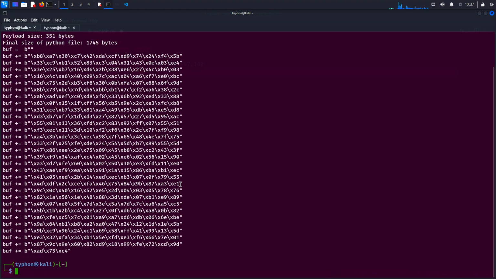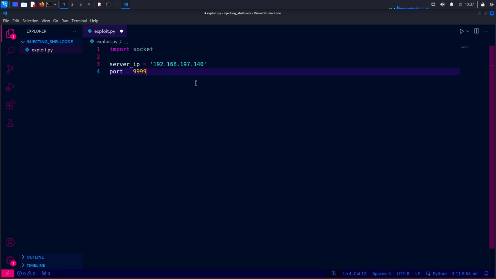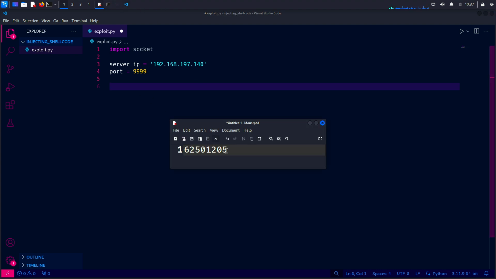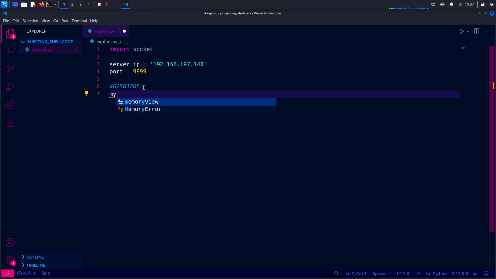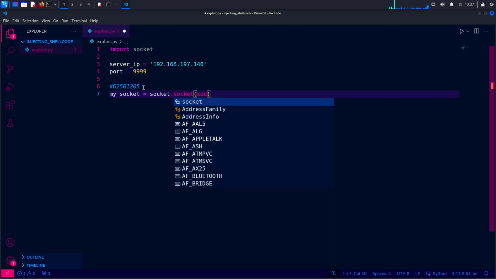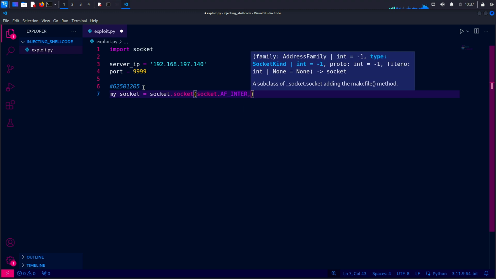Let's see if this IP is true. Yes. And remember what was our port here? Let's also comment that here. My socket, socket.socket, socket.AF_INET